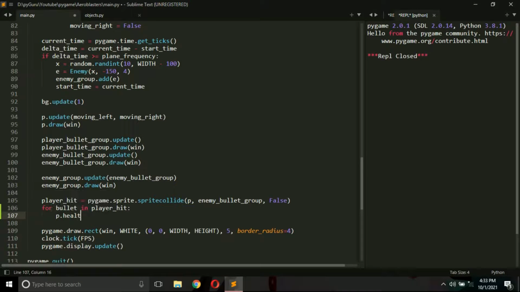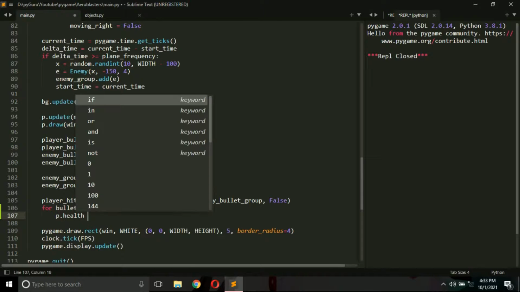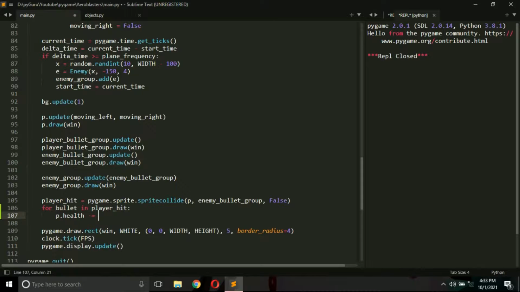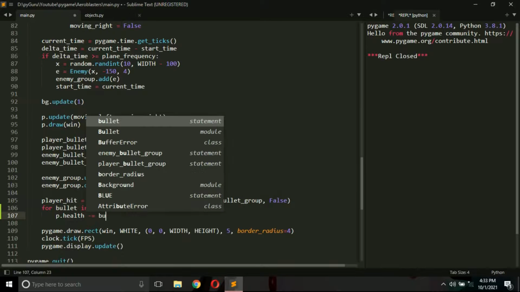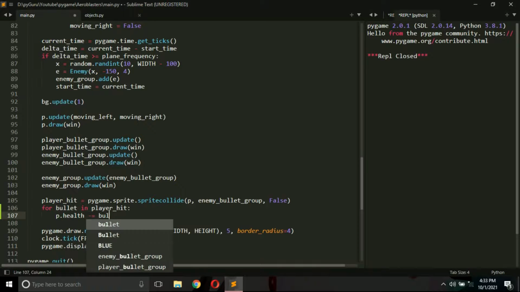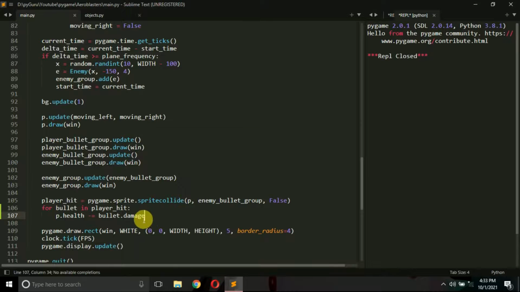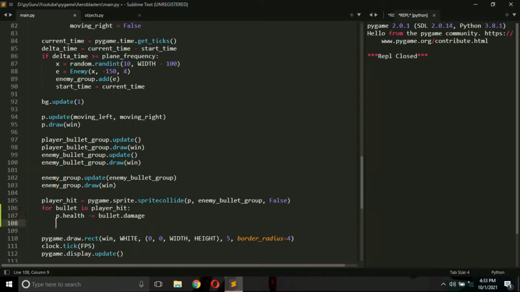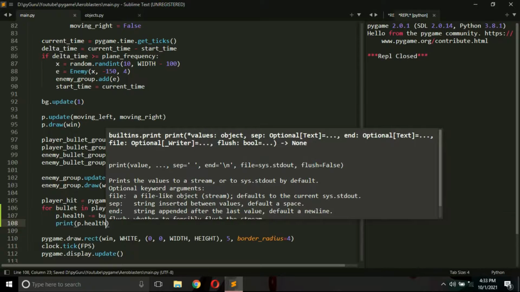What I want to do is p.health, which is 100, which we defined a moment ago. I want to reduce the player's health, which we can reduce like this: bullet.damage. We are going to subtract the bullet.damage value from the player's health. That's it. Now we can try printing the health. So print p.health,